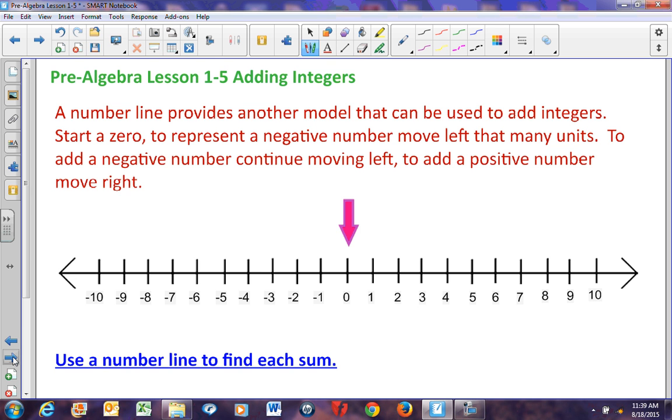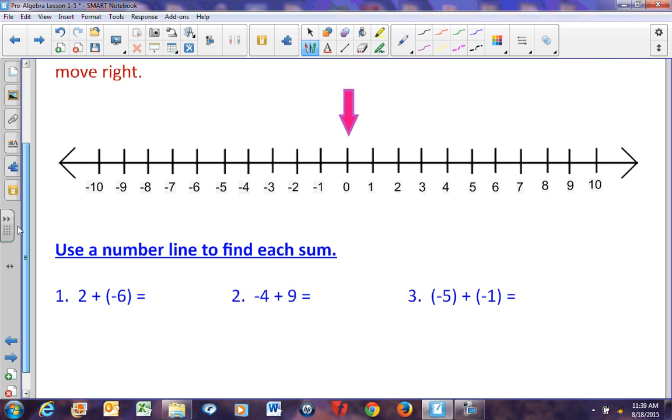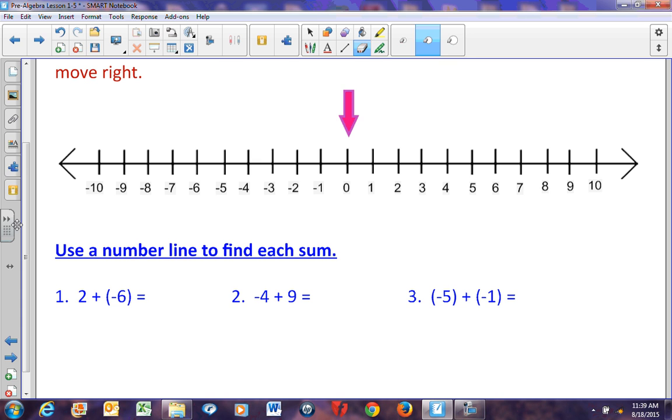So let's take a look at this. We're going to use a number line. Find the following sums. 2 plus negative 6. So the first thing I'm going to do is move this to positive 2. Okay, so 1, 2 to the right, because that's positive. And then negative 6 means I move it 6 places to the left. 1, 2, 3, 4,